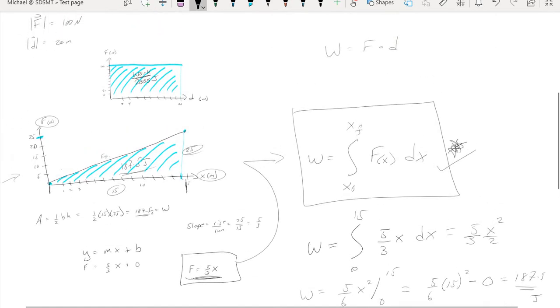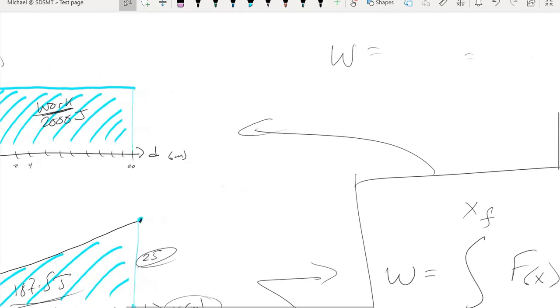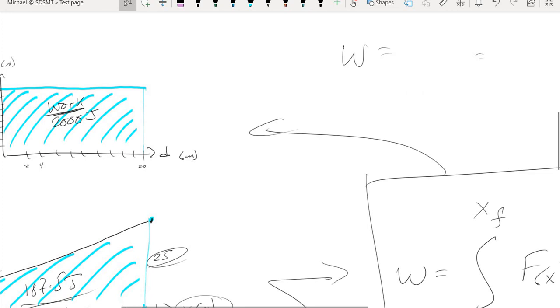This method, surprisingly, also works for constant forces. Try applying that method to a constant force. How much work is done by this constant force of 100 newtons over a displacement of 20 meters? Well, our